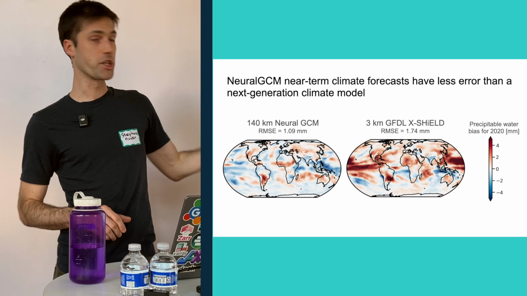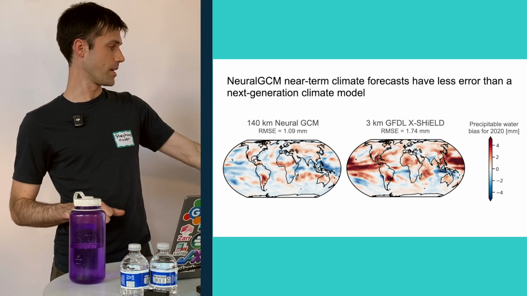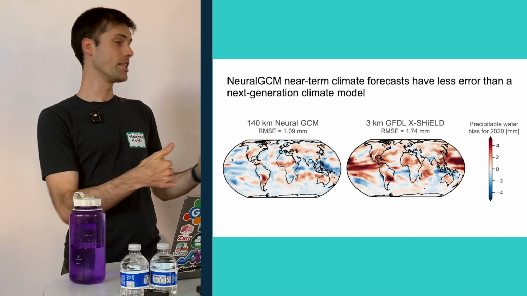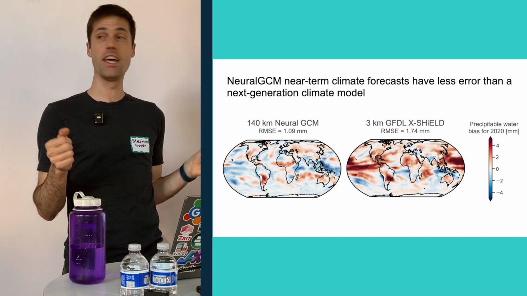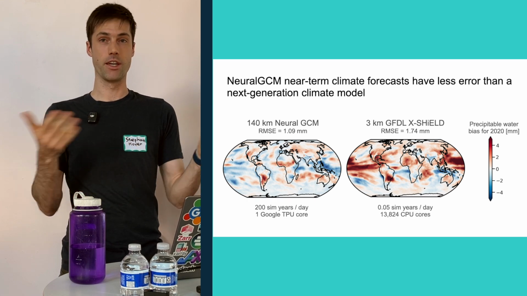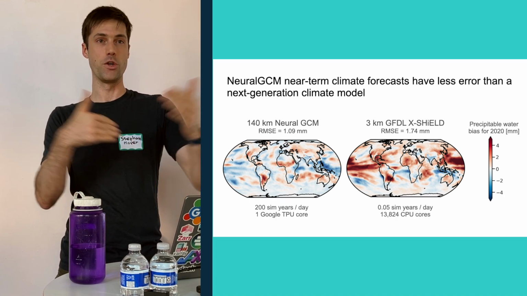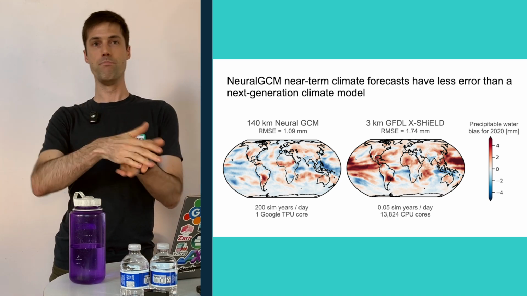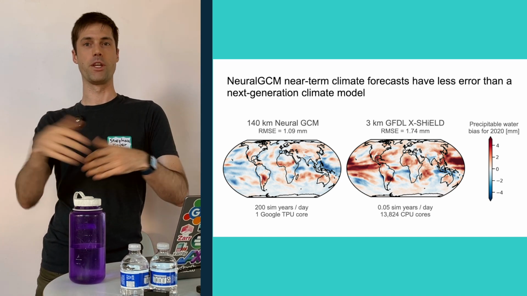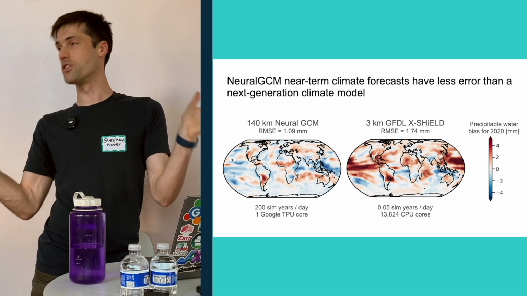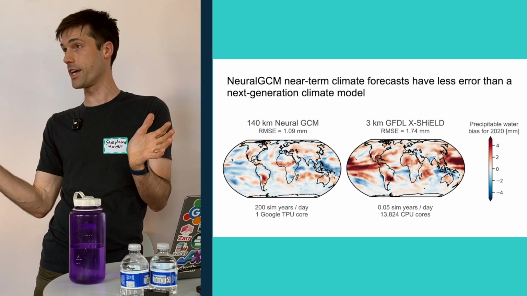It's also much faster. Climate scientists want their model to be fast, to be practical. Ideally you want to be simulating maybe 10 years in one day of wall clock time. That's what it takes to make a practical, fast enough climate model that you can explore. Because if you want to understand what might happen in the future, you have to simulate many ranges of scenarios. Like simulate 100 years, and you do it 10 times because there's a lot of uncertainty about all the conditions. So thousands of years of climate to make a useful climate forecast.